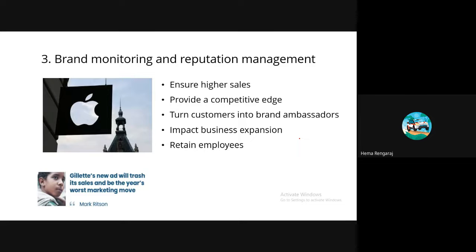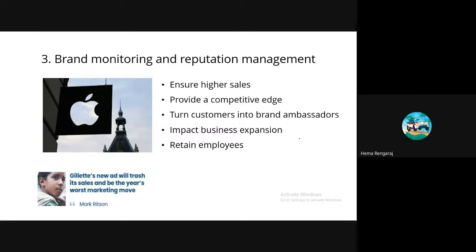And then the next real-time application: by using sentiment analysis, we can do brand monitoring and reputation management. The most popular application of sentiment analysis is brand monitoring. Because with a bad review or a good review, the longer you leave them, the worse the situation will be. If there is a bad review, surely the company will take the necessary action to come up with some good positive ones, right?